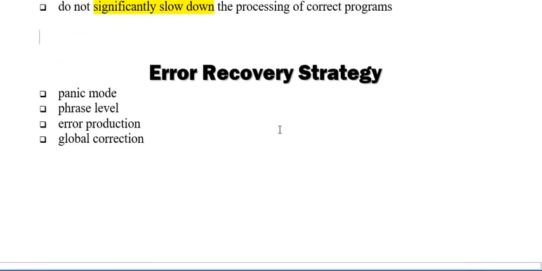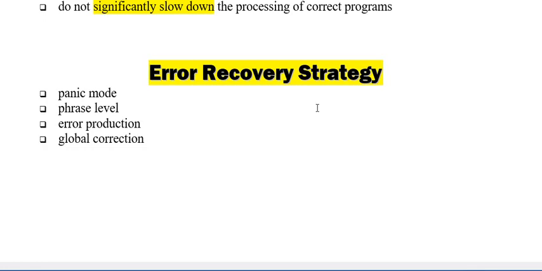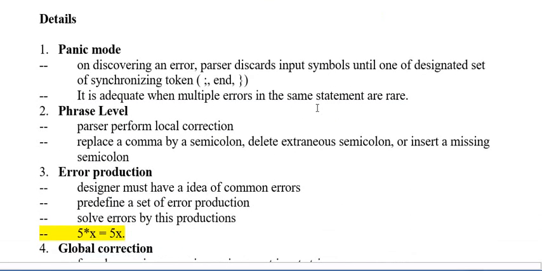Now moving on to the next, error recovery strategies. This one is a very important question. Here are some types such as panic mode, phrase level, error production, and global correction. First one is the panic mode. Moving to the panic mode,